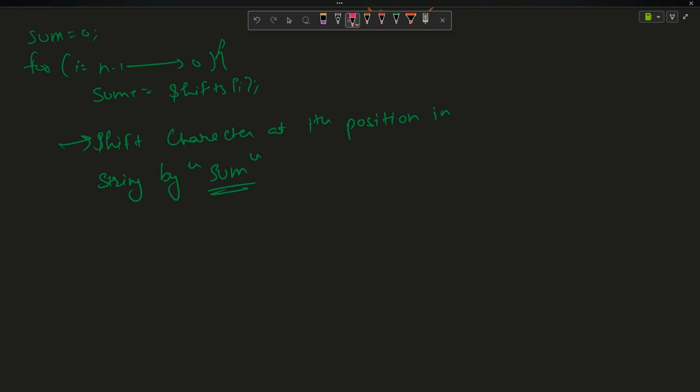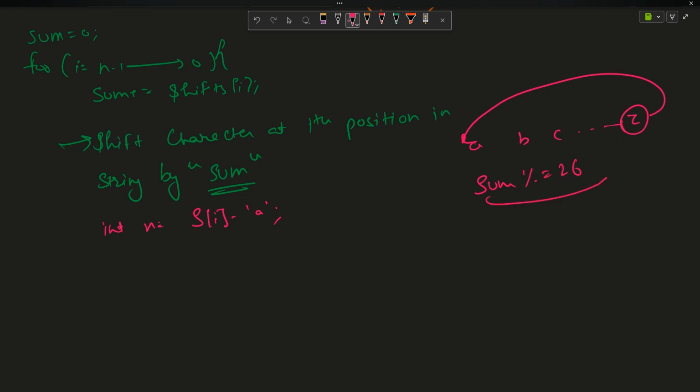How will I implement it? I will say int x equals to s of I minus a, and you can see that a, b, c, d go all the way up till z. After z it will repeat to a, so I can say sum percent equals to 26, because that only will matter, right? Because after 26 operations I will return the same character. So I will say sum percent equals to 26. After that, s of I minus a I have got. Now I will say x plus equals to sum, and now s of I will be a plus x,